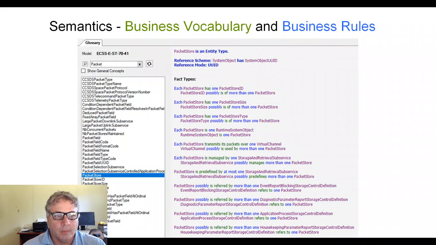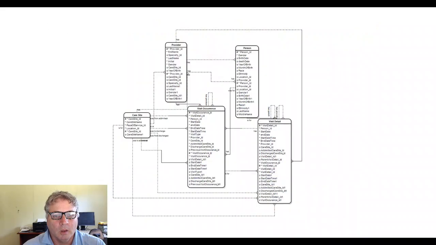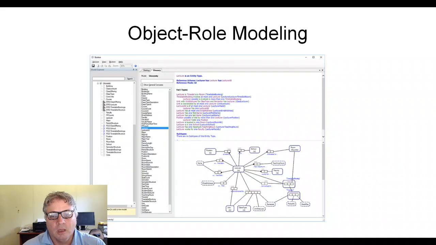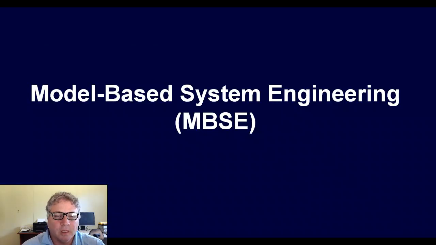Where we have the semantics of business vocabulary and business rules offered by object role modelling, which takes us well beyond where we used to be with just entity relationship diagrams. In object role modelling, and where we're implementing model-based systems engineering by having various object role modelling tools in the aerospace industry already